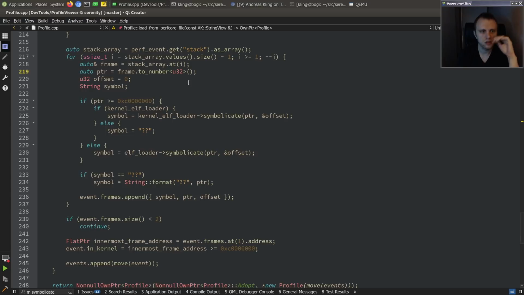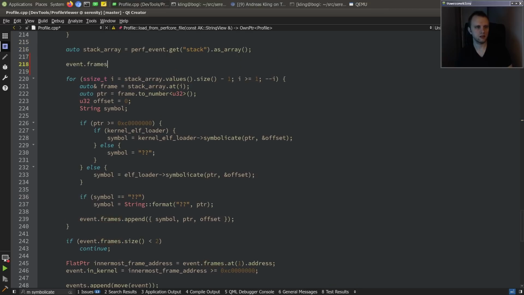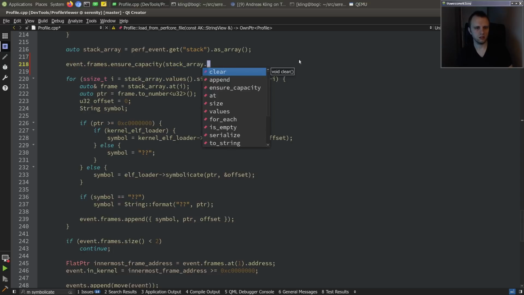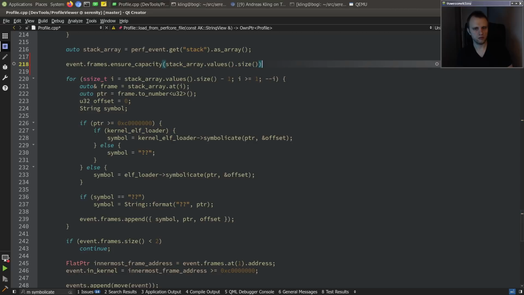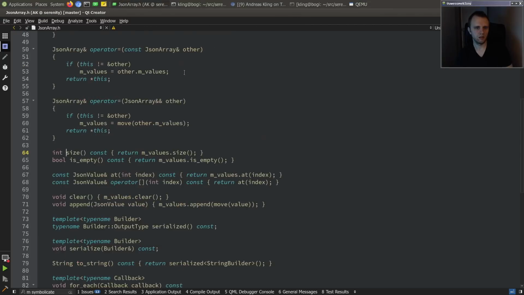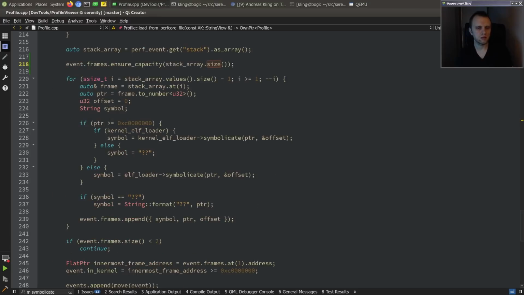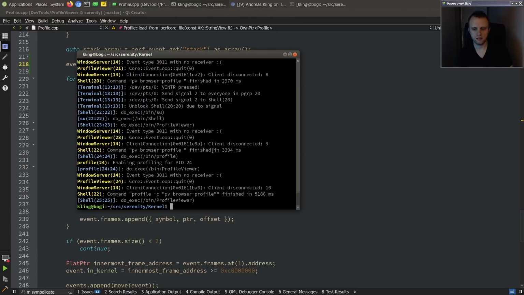going backwards. So conservatively, if we pre-size this to the stack array size, ensure capacity, stack array values size, or can we even do dot size? Yeah, I think that's just a shorthand for that. So maybe we can pre-size it and avoid